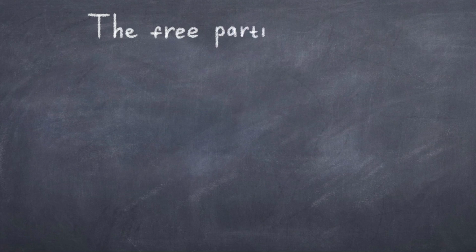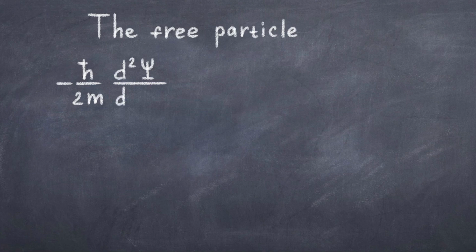We are simply asking, how does the wave function look if there is no potential? And we consider a free particle. In the classical world, we just have a particle with a well-defined position and constant momentum. This should be a rather simple situation, but things are different in quantum mechanics, as we will see.